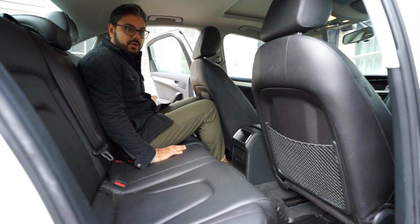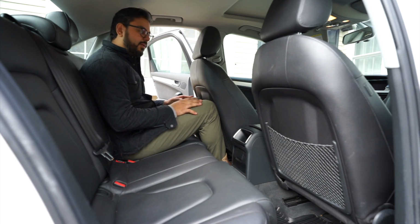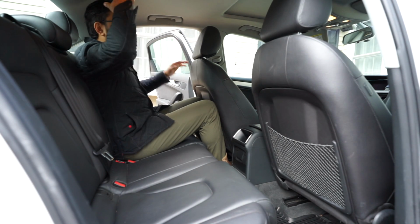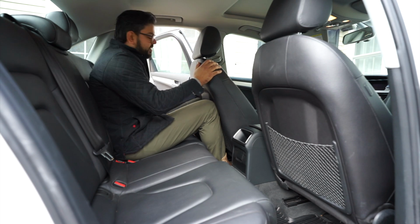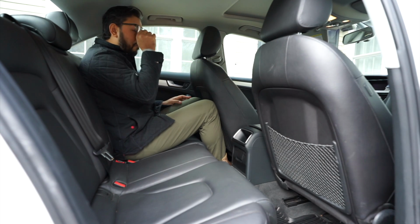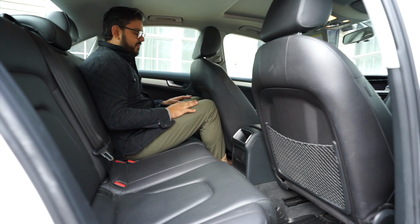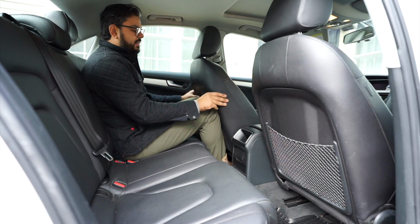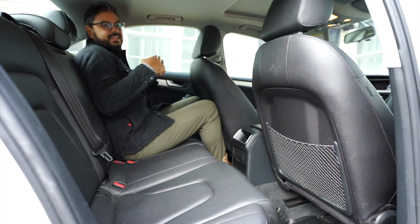Whoa. If you're looking at one of these cars and you're hoping to carry some full-size adults behind you and you're also tall, that might not go very far. This is me in my driving position at 6 foot tall, and this is me sitting behind myself. I mean, I can sit here for maybe an hour, a 40-minute trip, half-hour trip, but eventually my knees are going to hurt because my knees are going into the back of the driver, and realistically, I have a little bit of headroom, but it is a little cozy back